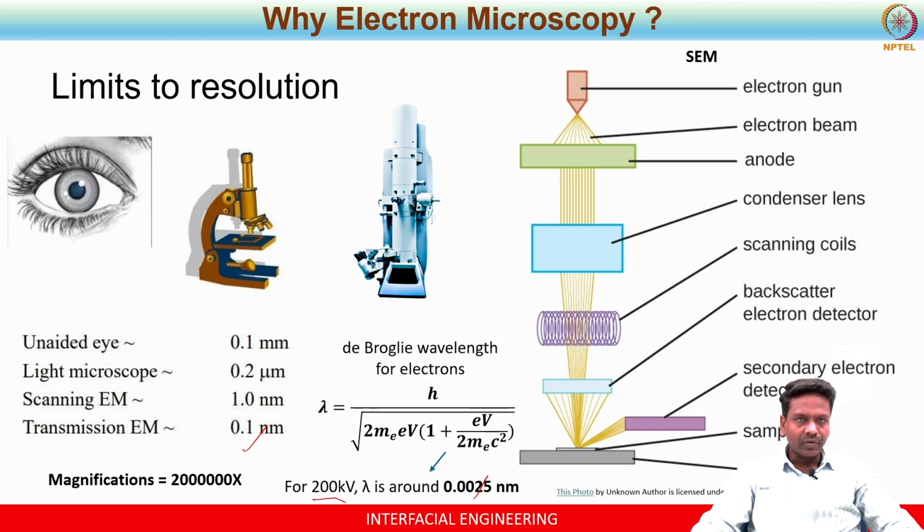When it comes to electron microscopy, let's start with the SEM, scanning electron microscopy. It has an electron gun, and through the electron gun a beam of electrons is generated and passed onto the sample. As electrons interact with the sample, it produces two kinds of signal: backscattered electrons and secondary electrons. There are two detectors that collect the backscattered electrons and secondary electrons. Both these signals are collected and processed to form an image that looks like a 3D image, even though it is a 2D image.